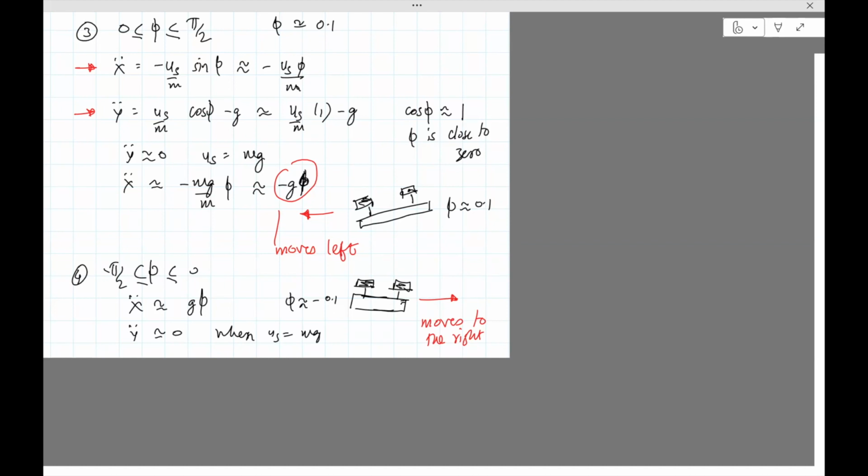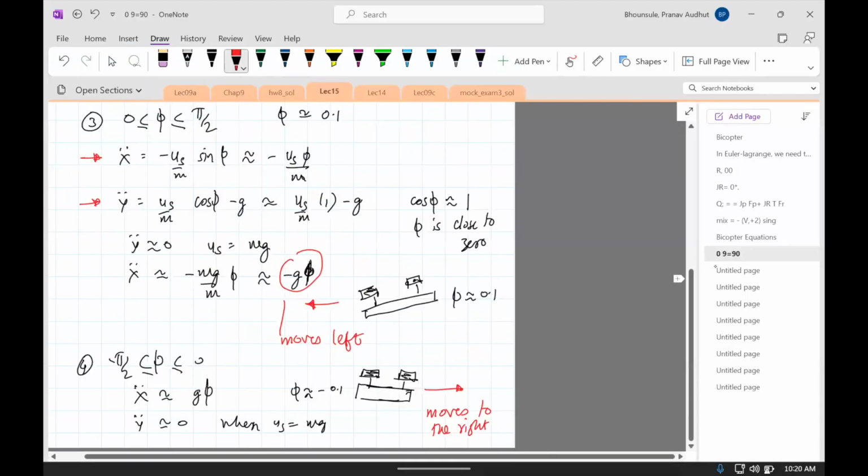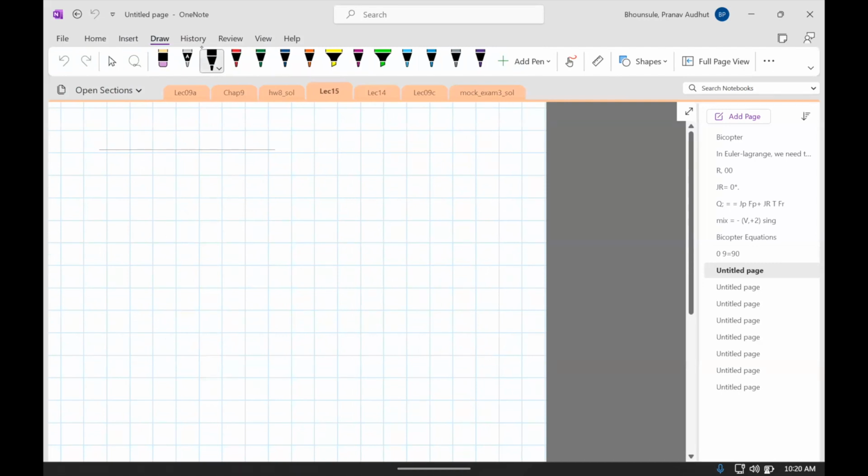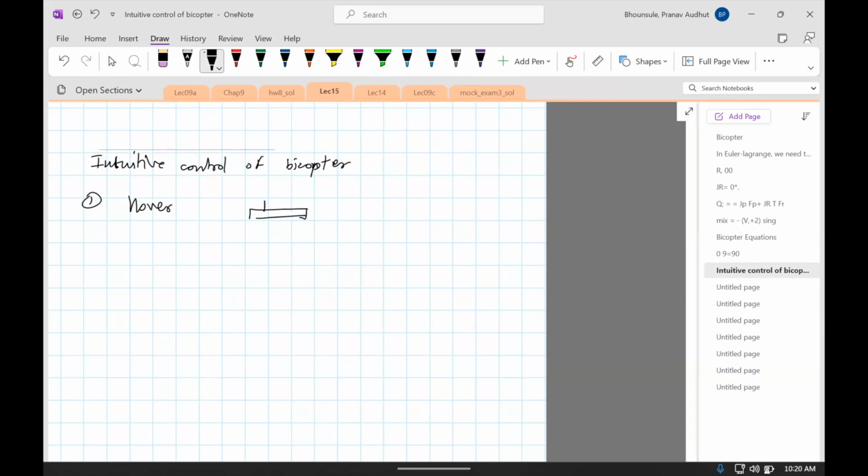What you want to do is the following. So this is how control works for intuitive control of the bicopter. First, if you want to hover, just make us equal to mg, it will hover, and phi is close to 0. If you want it to move left,